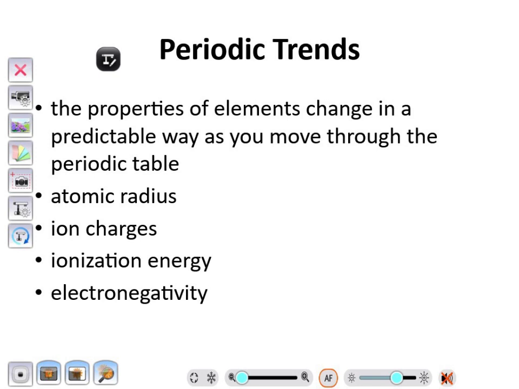Okay? What's the last one? Electronegativity. It's also the last one in the objective, if you needed to know how to spell it. Okay? Okay, cool. All right, then